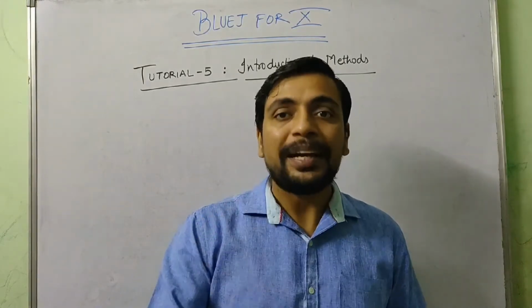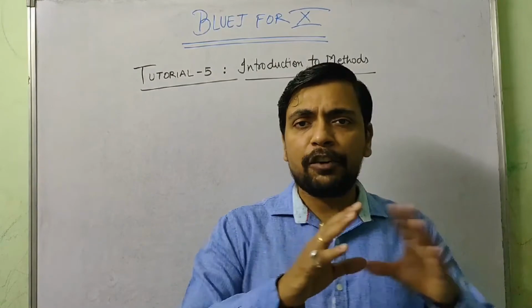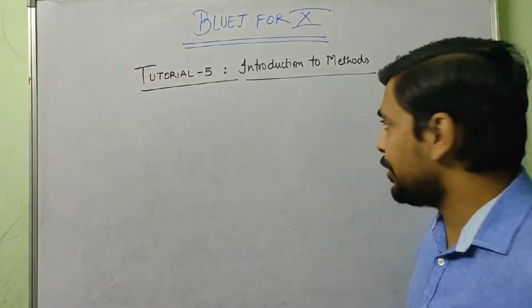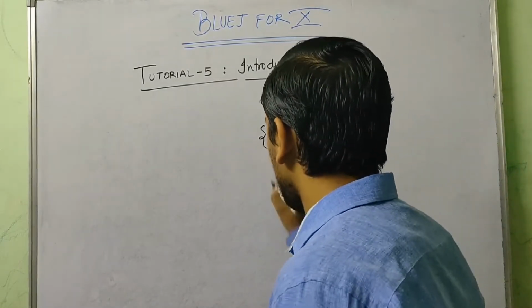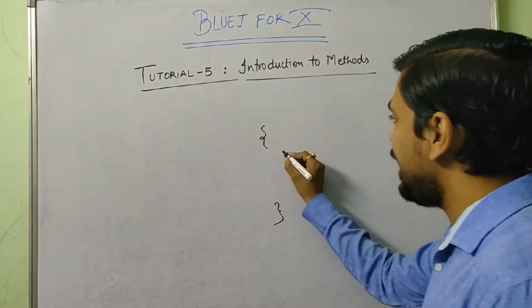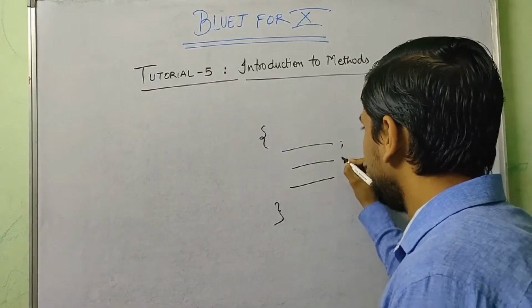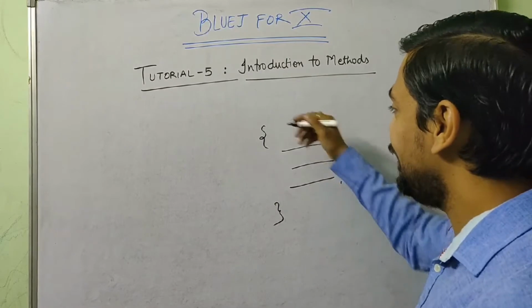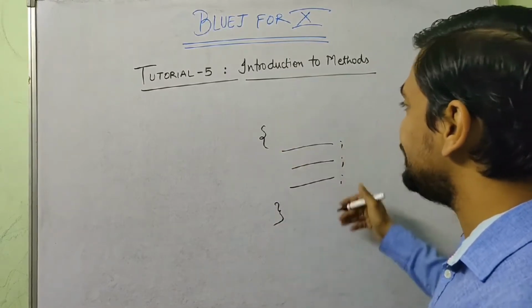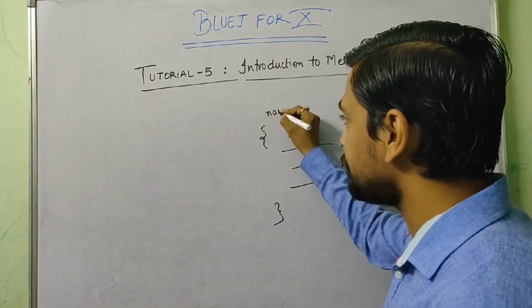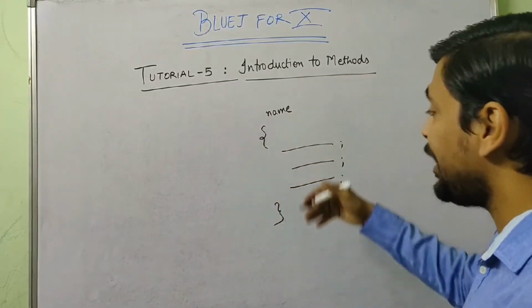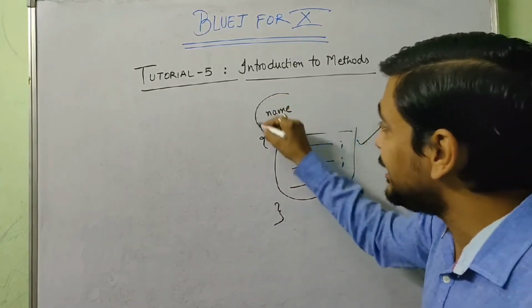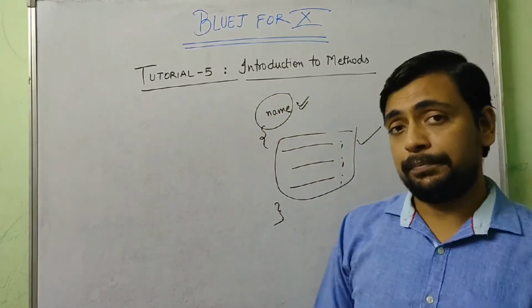Well, that is quite technical, I know, but a simple definition of a method is that a method is a block in our program. So you can say a method is a small block in our program. This block will have some set of statements. I'm not writing down those statements, they are secret. So I told you a method is a block with some set of statements and some name. In this video we will talk about that. And these set of statements are executed whenever this specific name is called in our program.